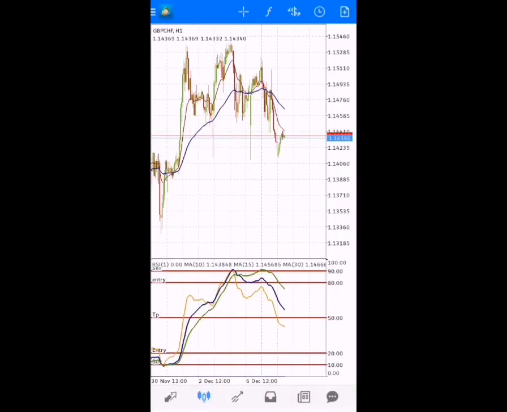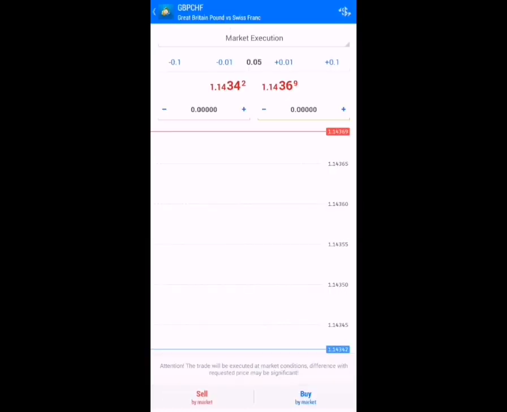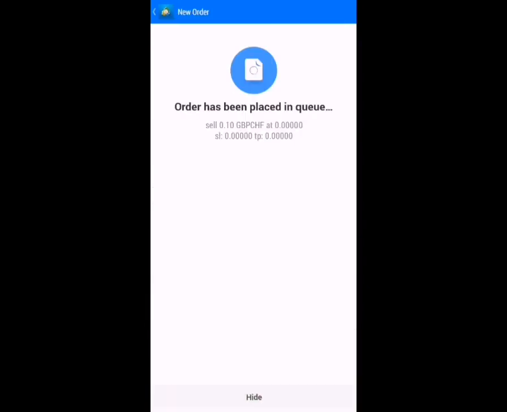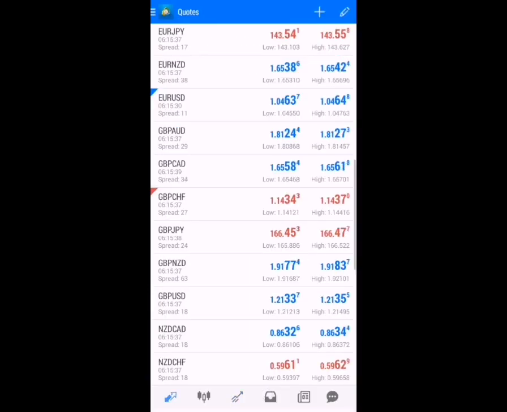GBP CHF, a good setup. The moving averages have crossed on the main chart, and they have touched the 90 level on the RSI and have crossed the 80 level. So this is a good sell setup. I wanna sell at 0.1 lot size, sell, trade,